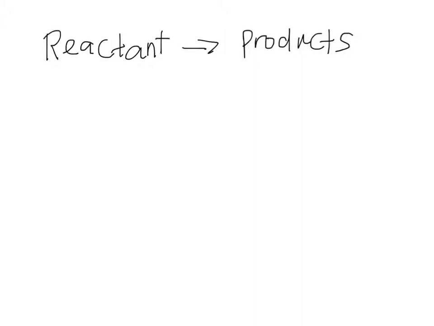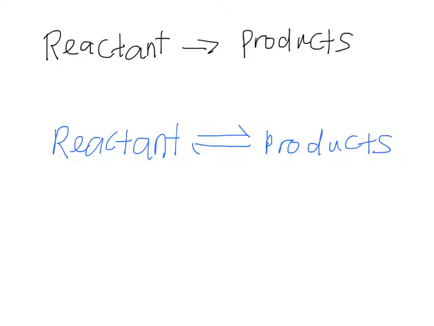However, have you seen another type of reaction which looks like this? Do you notice in this new reaction, you still have reactant, you still have products, but what is different here is the arrow. It's actually a double-sided arrow instead, unlike the reaction above which shows you only a single-sided arrow. So this reaction shows that